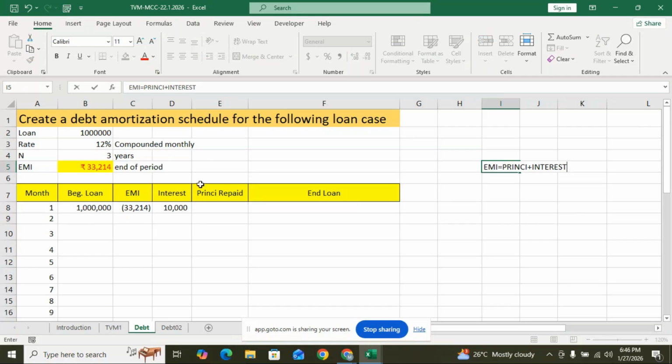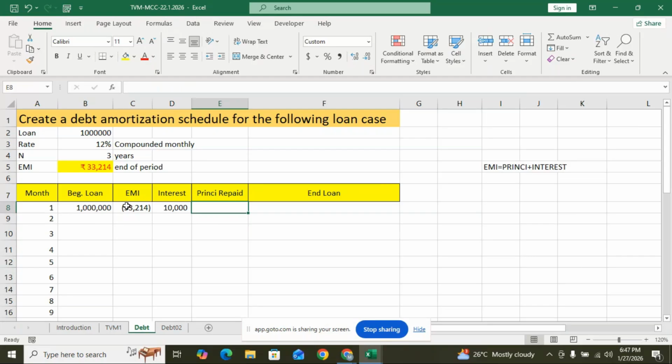So here, when you do EMI minus interest, your EMI is already in the minus figure. If you see, it has come in brackets. So again, if you do minus 10,000, it will become plus: minus 33,214 minus 10,000, minus minus becomes plus. That should not happen. So only for this debt amortization schedule, what you're supposed to do is remove these brackets. It is a minus figure, but for the calculation of your principal repaid, you have to